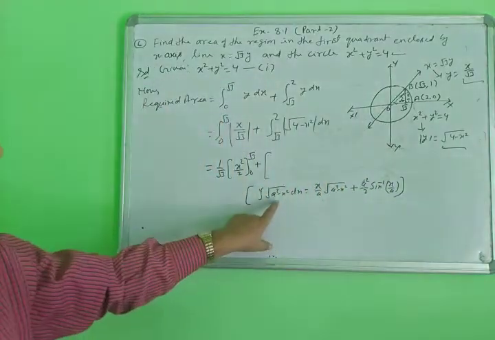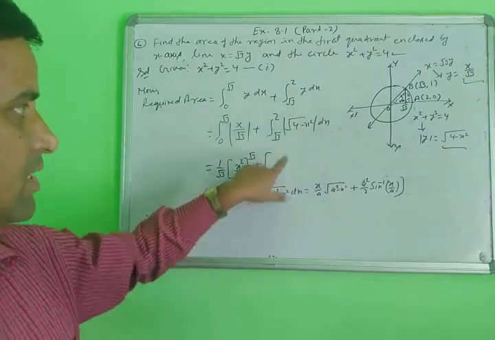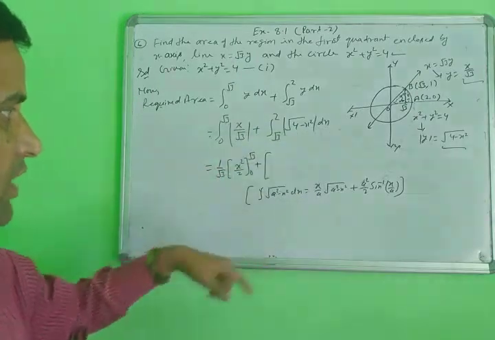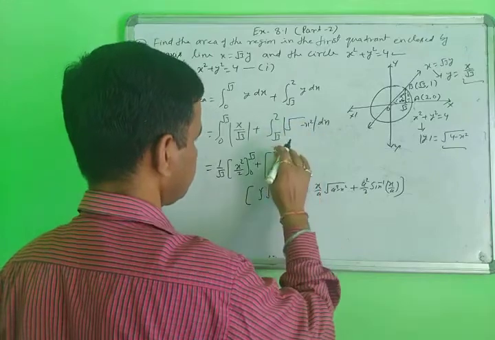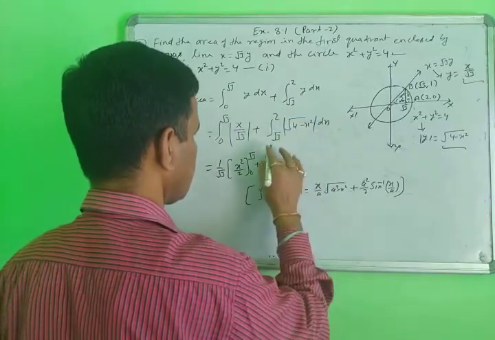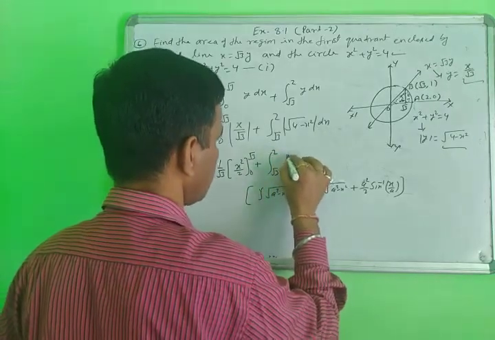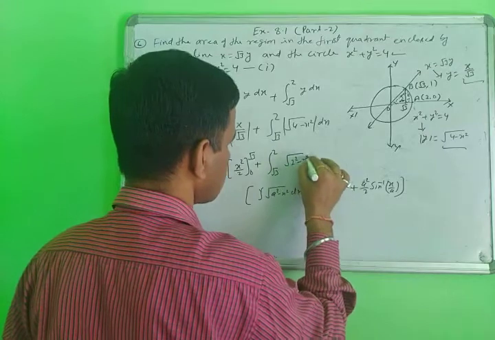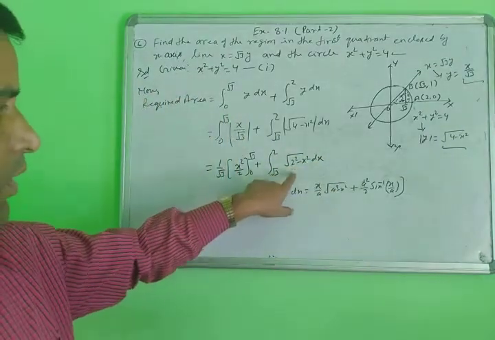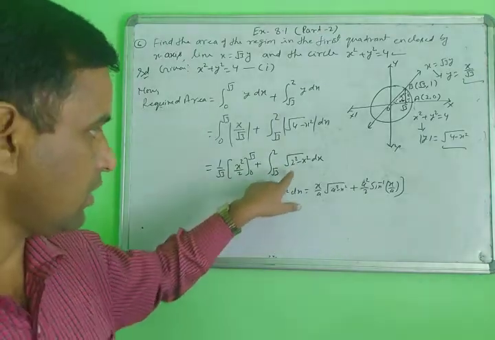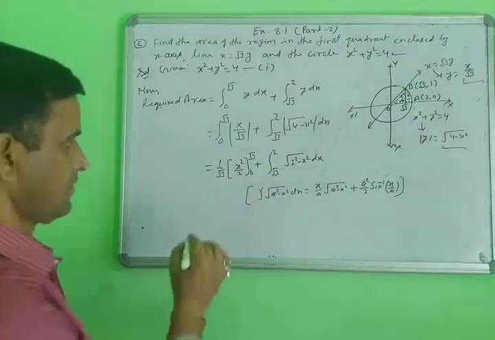Using this identity here, a square is 4 and x is x, so you can convert this. Here you can write square of 2, root 3 to 2, and you can write root of 2 square minus x square dx. Write in this form: the a square is 2 square and x square is x square. According to this, you use this identity, then you calculate the answer.